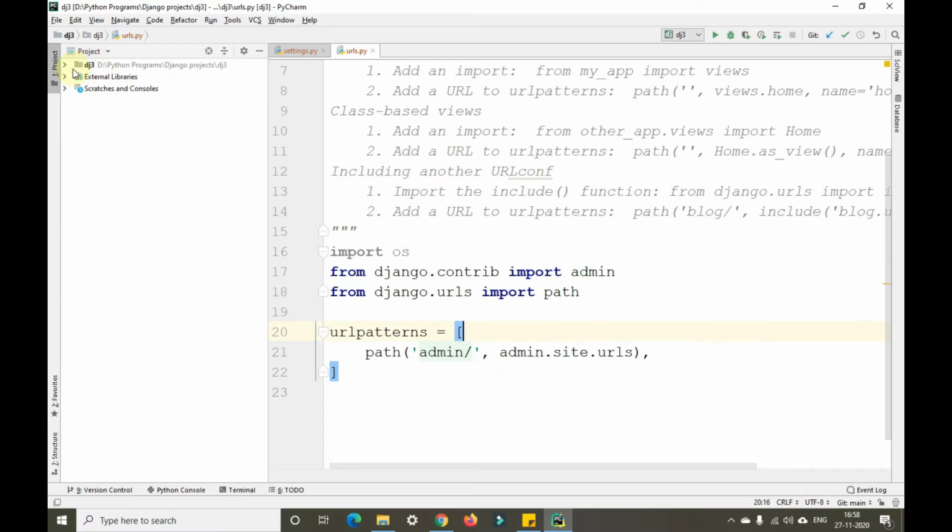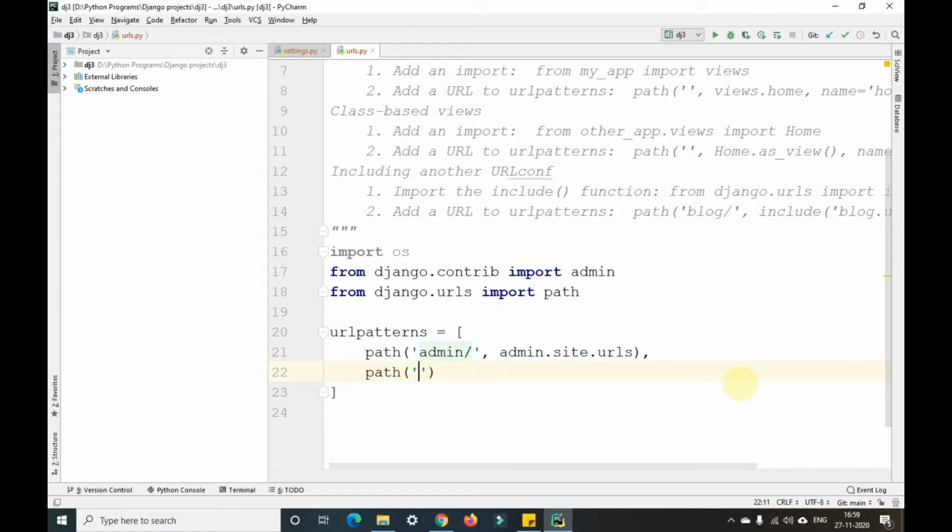Okay, so now I'll not even touch that particular project folder, but I'll create the views. I'll open the views.py file, and I'll create an index.html file with some code. So I'm creating a path.